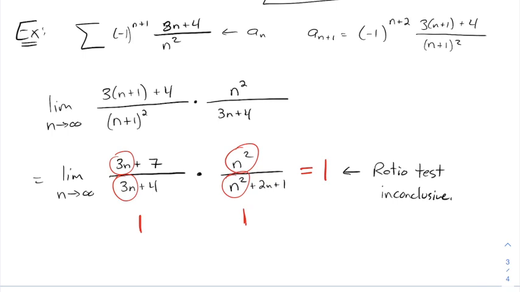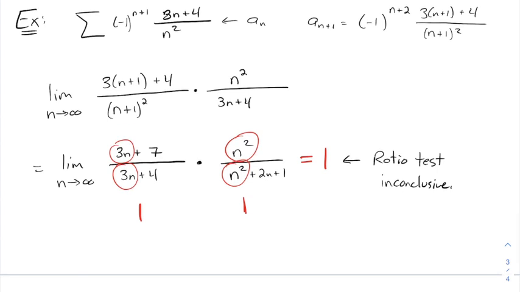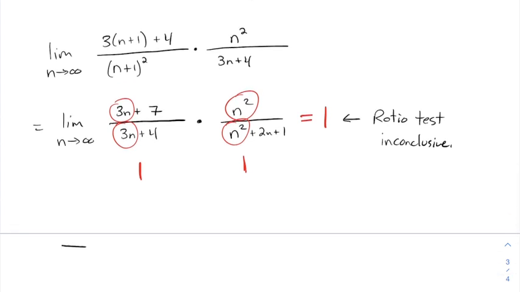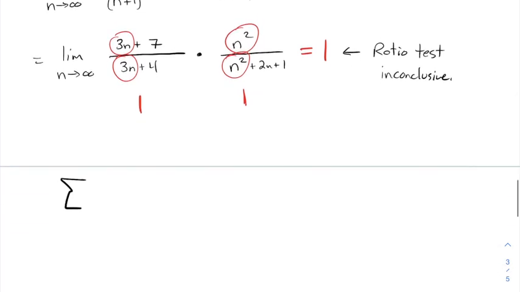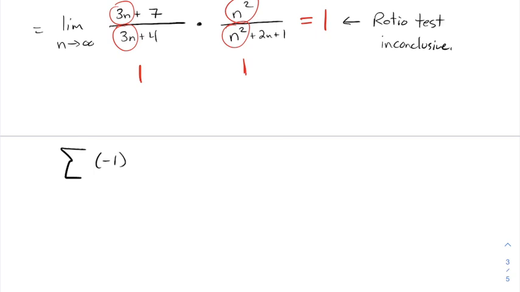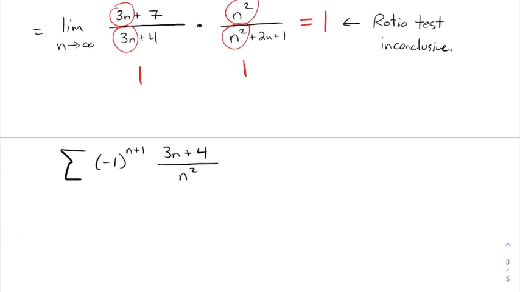So here's what I should probably do then. Going back and looking at the original series, I'm going to recopy it down here so that it looks a little nicer, but we've got negative 1 to the n plus 1 times 3n plus 4 over n squared. If we look at the absolute value of this,